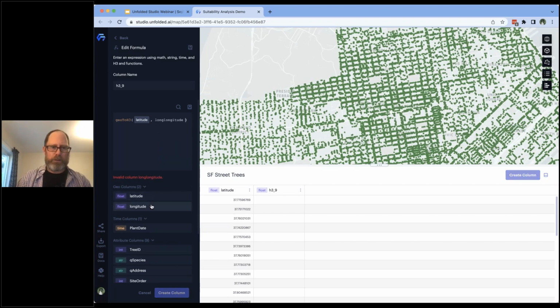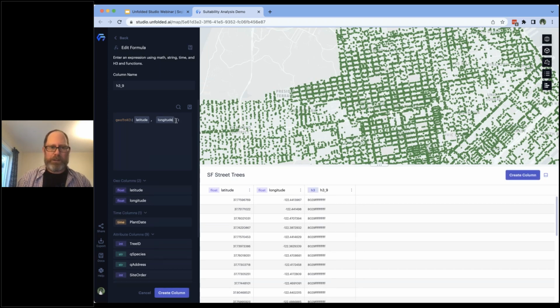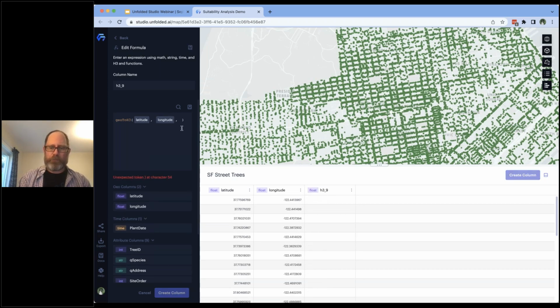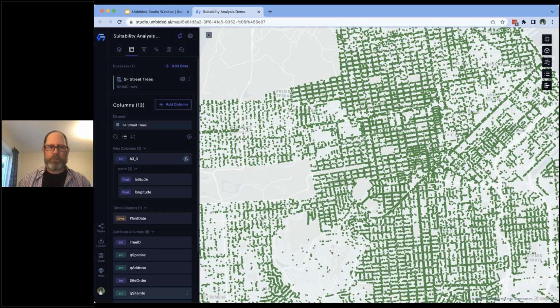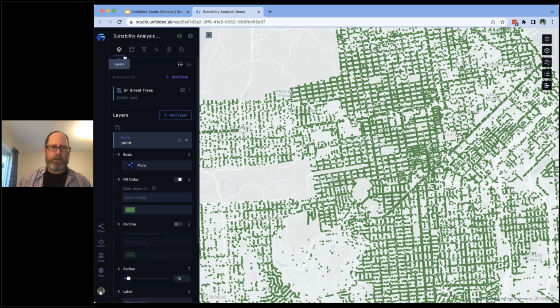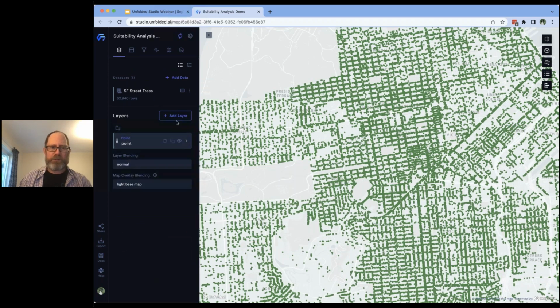So I'm going to take the longitude and latitude of every tree. I'm going to choose the resolution for the grid, which in this case is Res 9, which is a little bit bigger than a city block. I will create the column. And now I have this H3 column. To give you a sense of what this looks like,